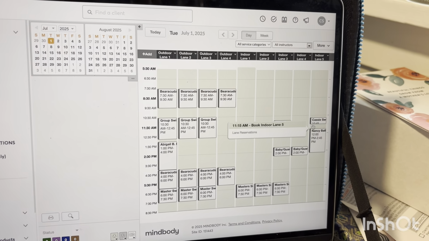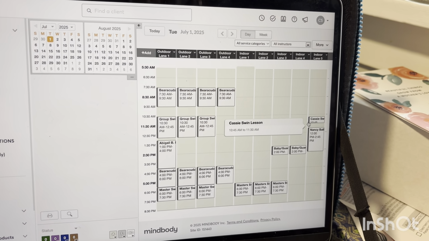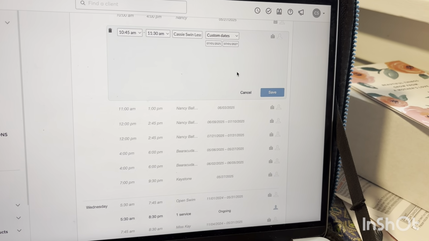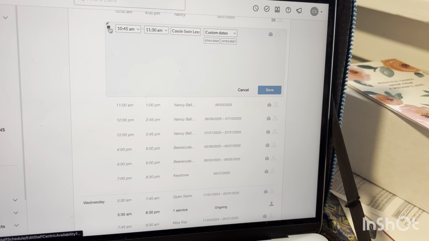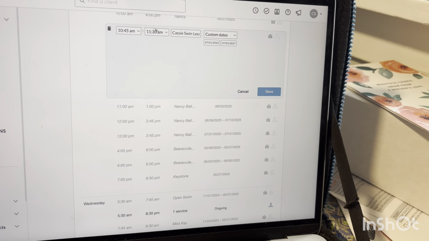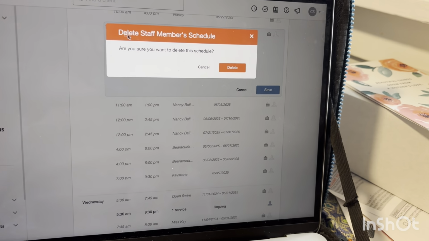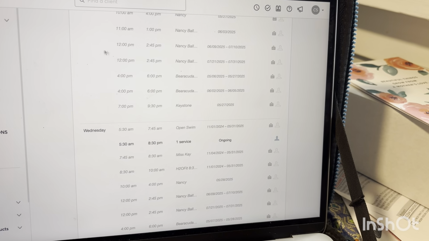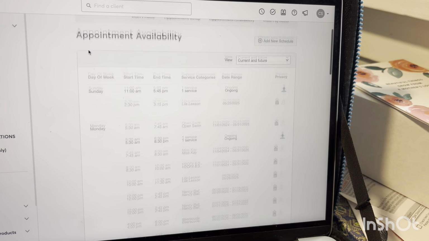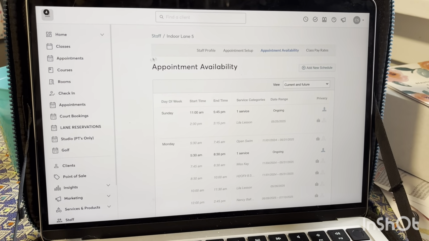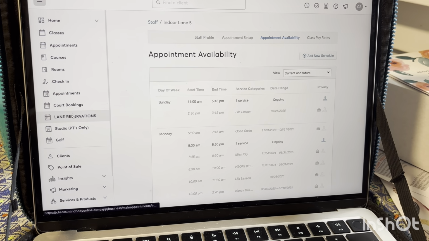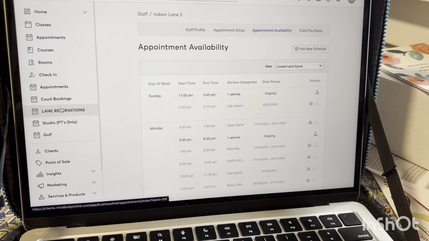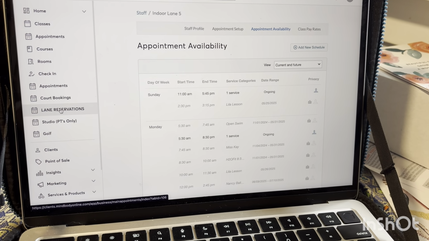So it's not colored because I went through the staff mark as unavailable button by clicking on the exact date and then hitting that as unavailable. So I'm gonna go ahead and delete this. And I'm going to show you another way to reserve a lane in case maybe you want to reserve a lane for yourself. And you can do that by going to lane reservations,